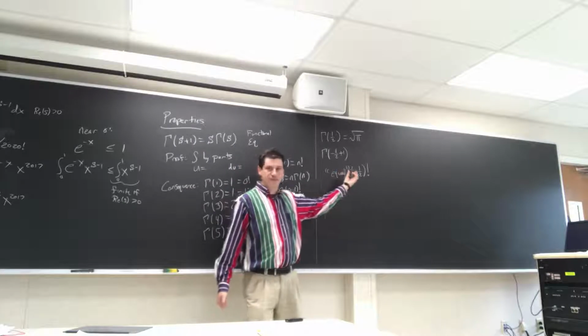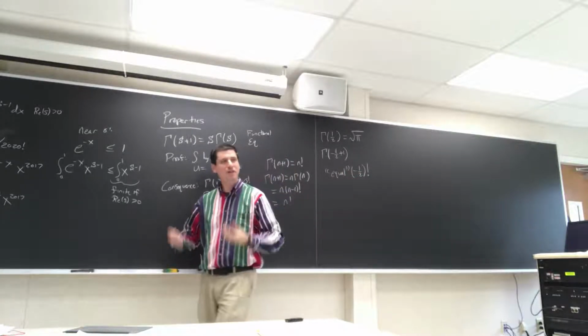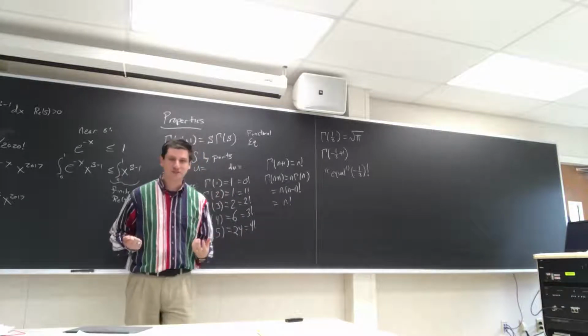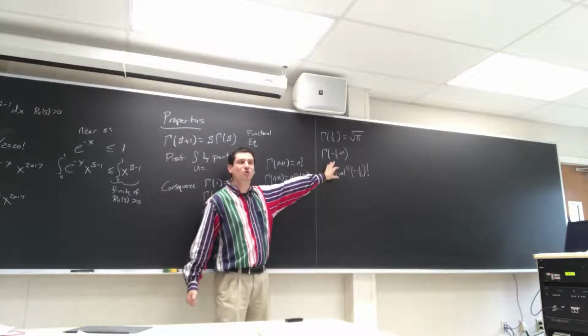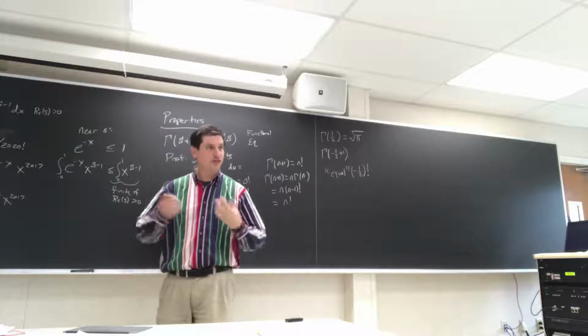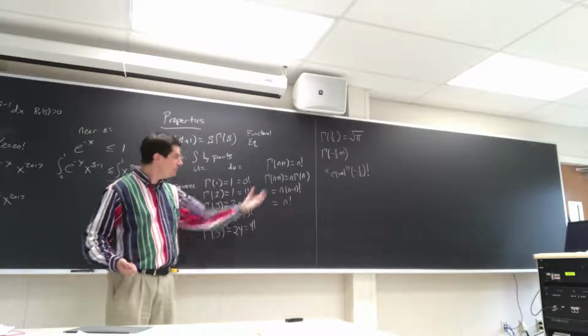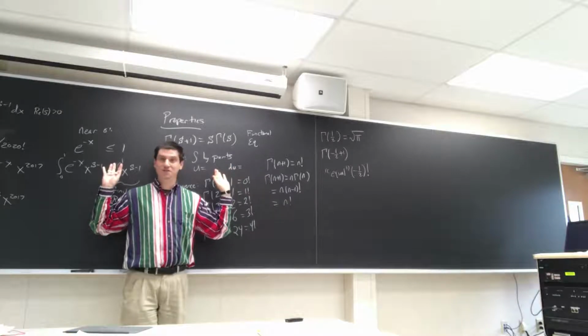So if sometime in your life you have negative half of a person, and you want to know how many ways can I order negative half of a person, the answer is the square root of pi. What this means is that this is no longer the same as the factorial. This is a function that interpolates, that generalizes the factorial function. At the positive integers, it's the same. At these other places,